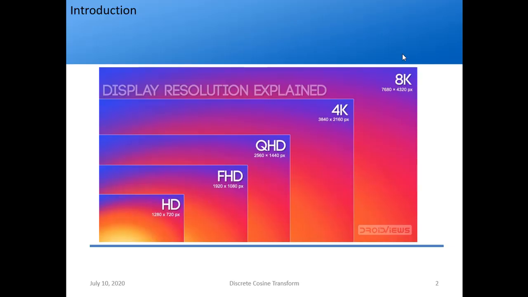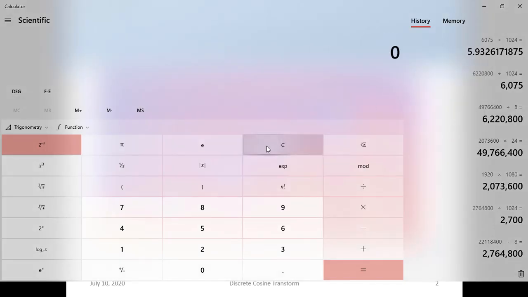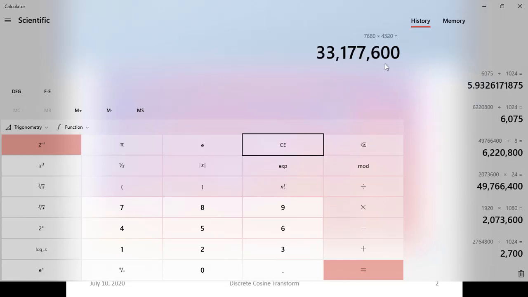But here we are talking about images, right? Let's take a 4K image. If you have seen your mobile cameras, they are 25 megapixel, nowadays at least 15 to 20 megapixels. So at bare minimum they will be in the 8K range, 7680 by 4320. I might have made small mistakes in the numbers, but it is fine, right?